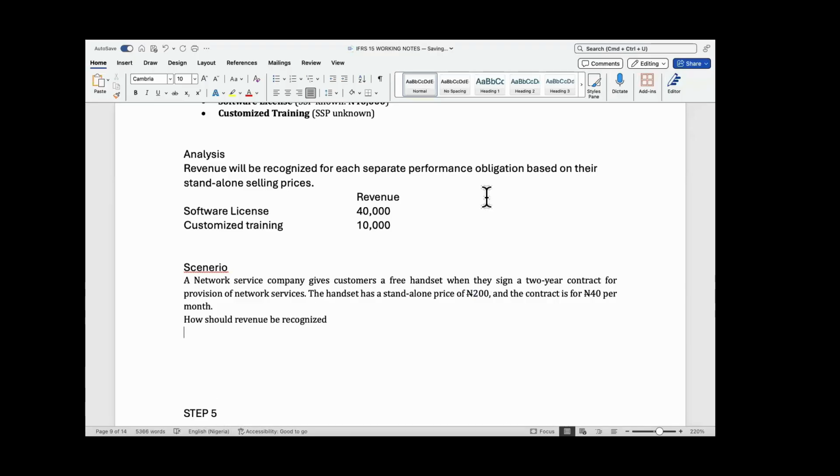So that means that ordinarily this handset that they said they gave for free, they sell it separately for 200 naira. But for whatever reason, they bundled that service and say that if you sign up a network deal at 40 naira per month, we will give you free handsets. For you, when you want to recognize revenue, your revenue will be recognized for each separate